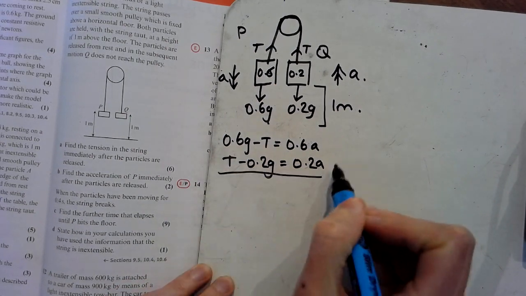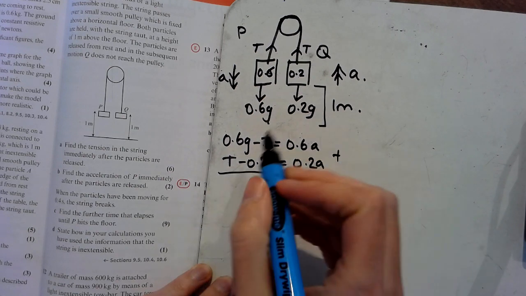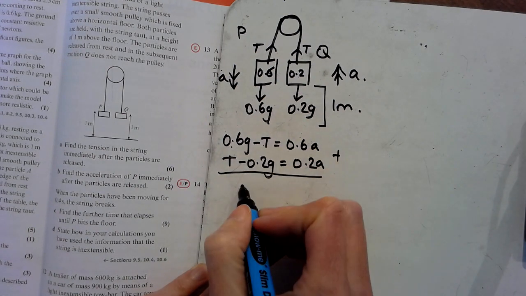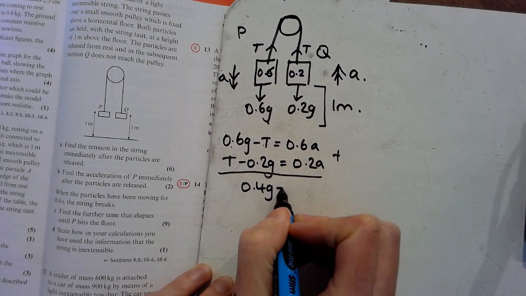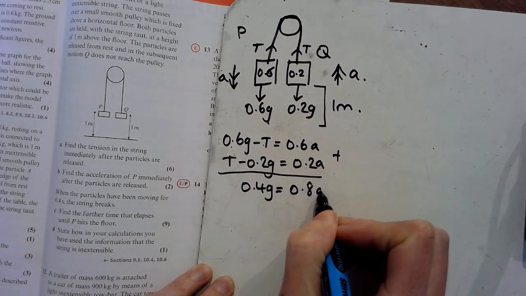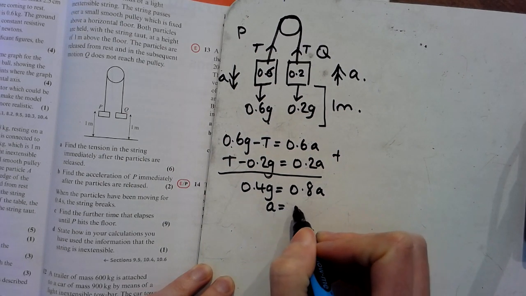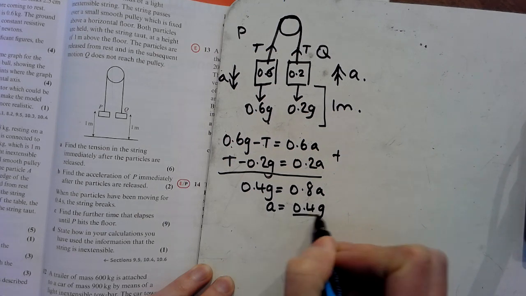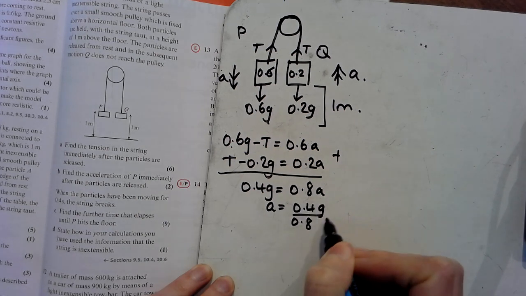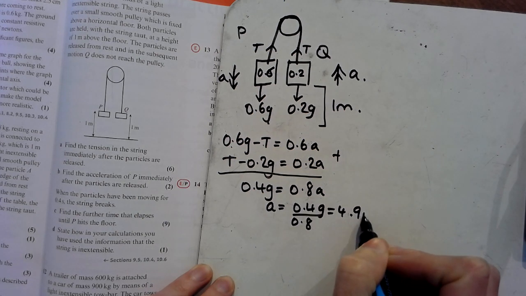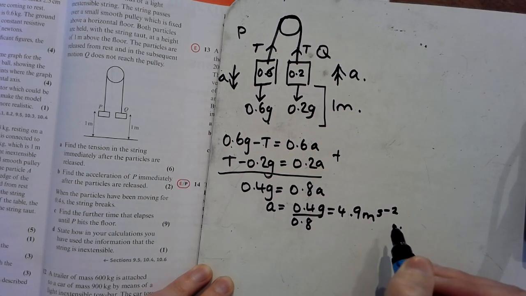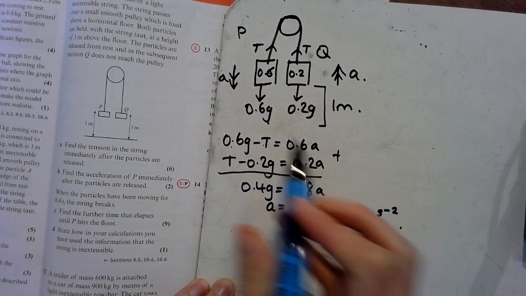So if I add these together, minus T and plus T cancel, so I've got 0.6g and minus 0.2g, which is 0.4g, makes 0.8a. So a is going to be 0.4g over 0.8, so that's a half, so that's 4.9. Just realised that's part 2 and I was meant to be getting tension first, but never mind, let's go back